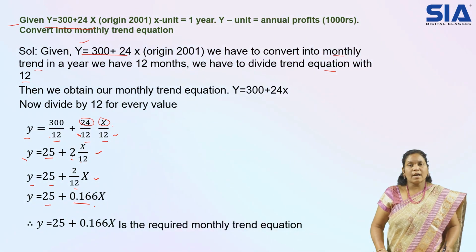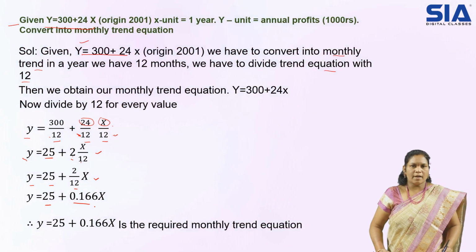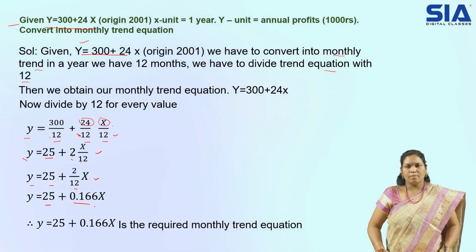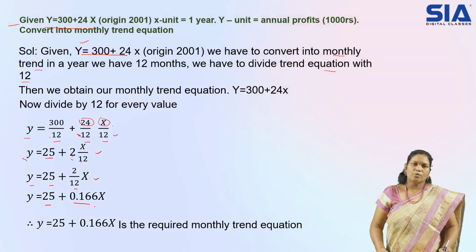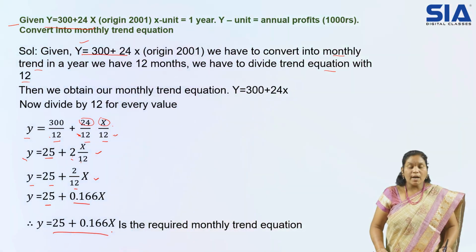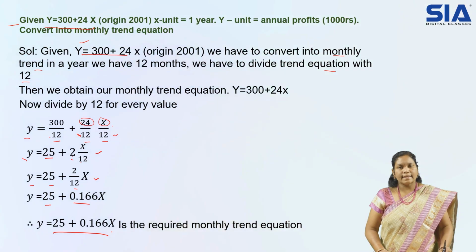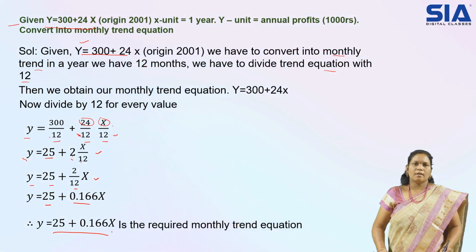So this is how we convert the given equation into monthly data, or sometimes they'll ask for half yearly or 3 months, like that. Based on that we have to go on dividing by the particular number; for quarterly, divide by 4, like that, based on the given question. Here monthly data is required, so we divided by 12 and got the answer. The final answer we got is the required monthly trend equation. In this way you'll get it. For short time periods you may expect these questions, converting origins to monthly data, quarterly data, or 6-month conversions, like that.